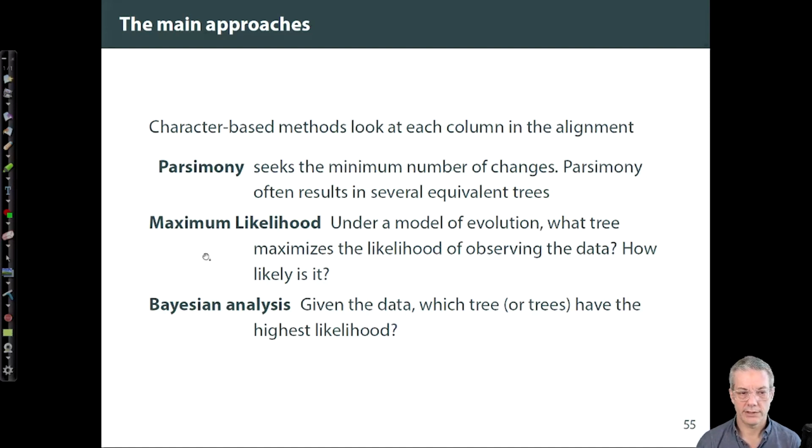Now, the second model that we're going to discuss is a statistical model called maximum likelihood. Maximum likelihood is used far outside of just phylogenetic tree inference. It is used all over statistics. It's a very powerful and widely used model. And the idea is that we frame a problem in terms of a probability, or something very much related to a probability called a likelihood. And that likelihood is a conditional likelihood. That is, what is the likelihood of the data